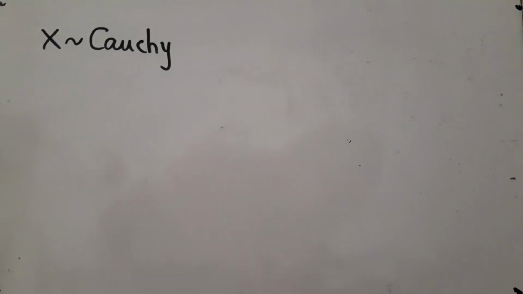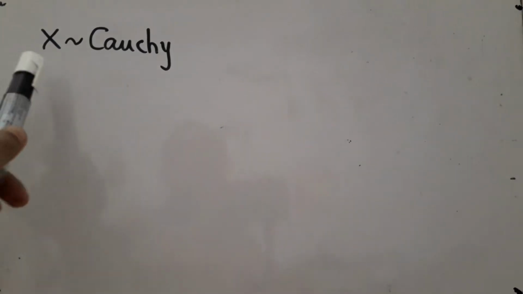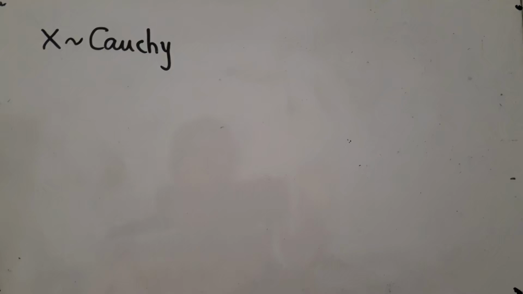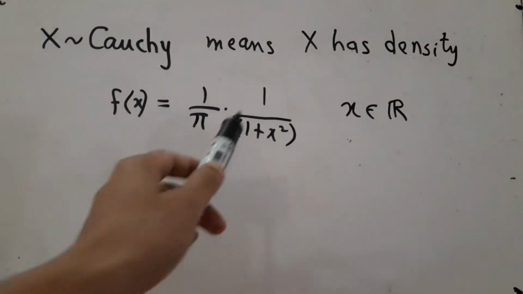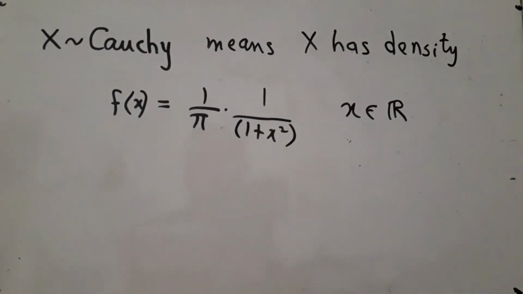In this video, we are going to introduce a new distribution called the Cauchy distribution. We will say a random variable has Cauchy distribution if it has density f(x) = 1/π · 1/(1 + x²) for all x in R. That it is a density is quite easily checked because it is non-negative, and